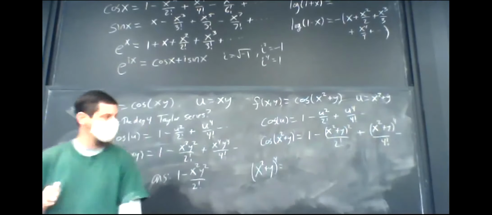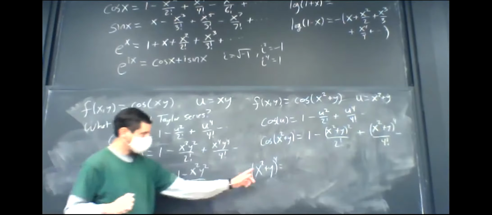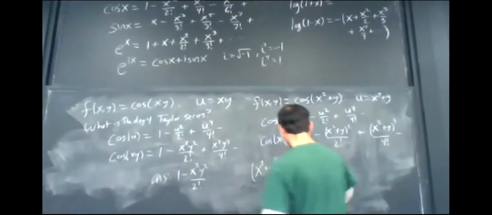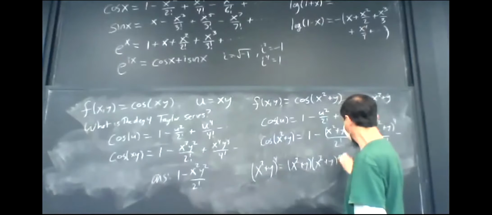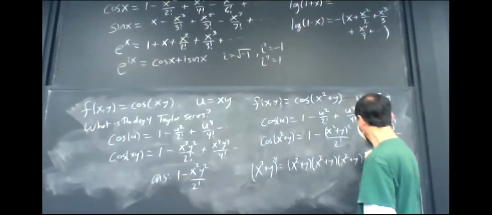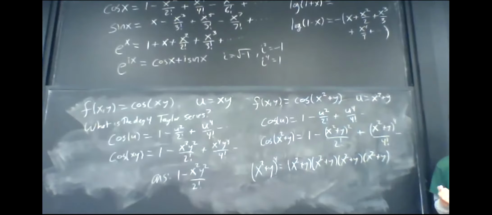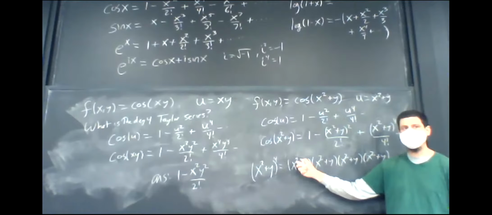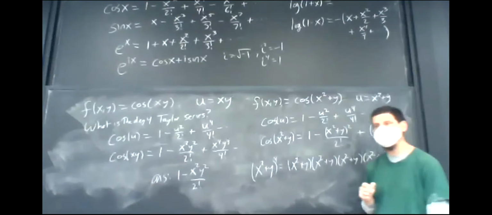What terms from x squared plus y to the 4th will be degree 4? Only the y. I have to take y every single time. This is really 4 factors: x squared plus y, x squared plus y, x squared plus y, x squared plus y. When I multiply it out and use the distributive law, if I ever choose an x squared, that'll give me something of degree 2. And even if I choose y every other time, it's still only going to give me